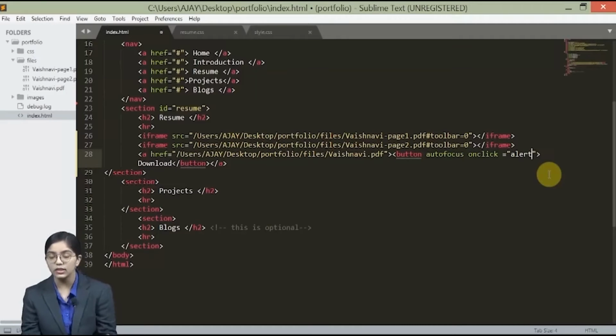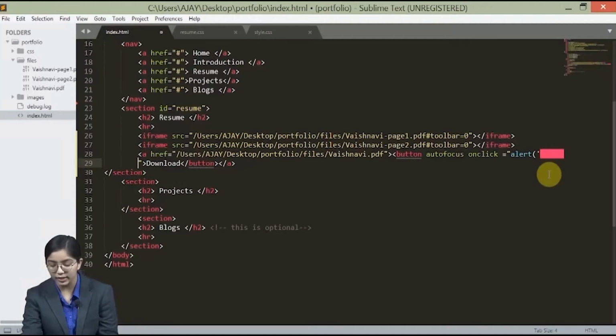Now what this alert is going to do is bring a dialog box. Like whenever you fill a form, a tab or a little dialog box appears in which it is said that yes, you have submitted the form. So we are going to use that, and for that we are going to enter the text inside the quotes.